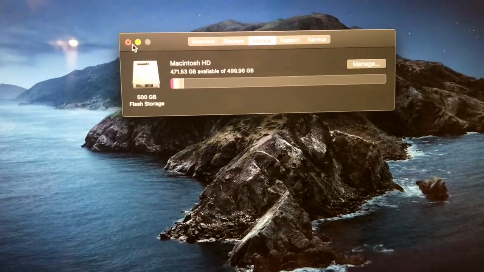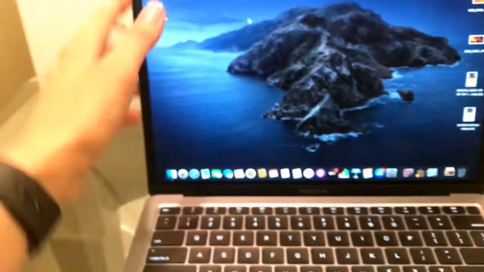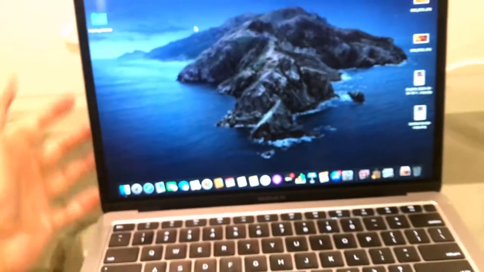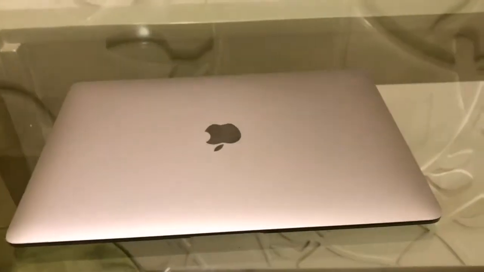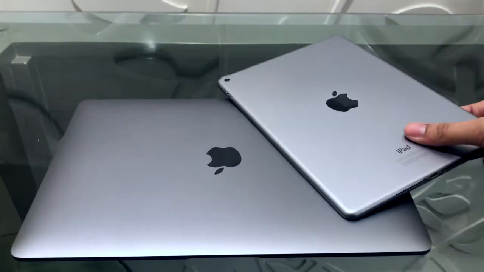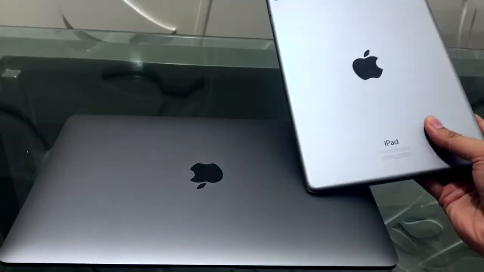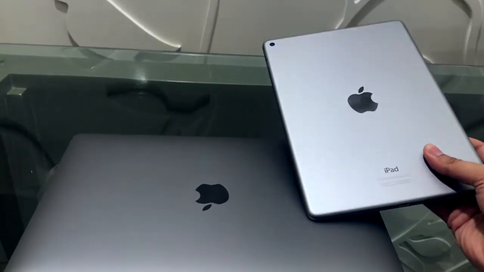This is a nice piece. And coming to the color, this color seems to be very nice. I even considered the rose gold color, but I didn't like it that much because this color resembled my iPad. I'm just gonna show you. This color is similar to the iPad. This is the iPad Air 2, and this is very similar. This color is very similar to this, so I chose this color.